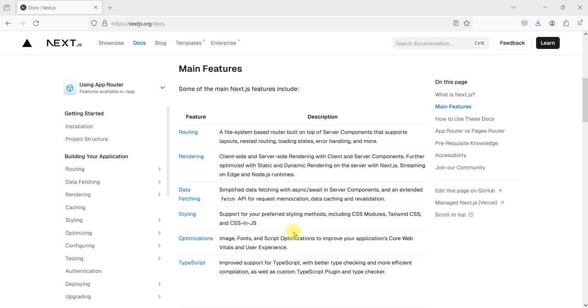And then we also have the Ant Design and Swiper libraries. You can integrate them into your application and utilize some of the components they have pre-created in their library. So it becomes easy for you to just pick certain components without styling them from scratch. Then we also have optimization, where you have images, fonts, and scripts optimizations to improve your application's core web